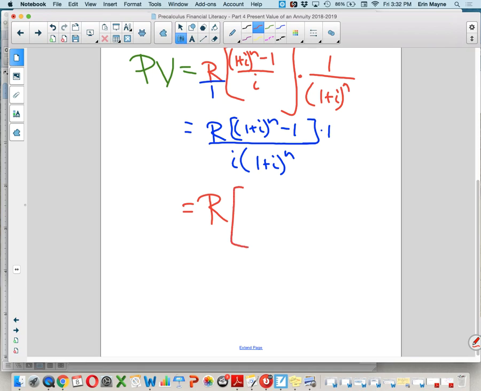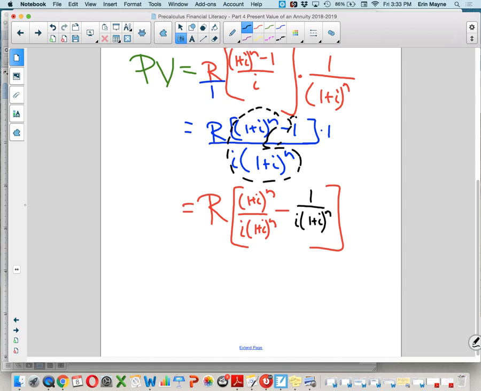then I can say, all right, you know what? This is actually 1 plus i to the n over my denominator minus 1 over i times 1 plus i to the n. In reality, again, I reference this as the butterfly effect. It goes here and here once I detach that r. And then items start to clean up. These can cancel. And what I'm left with is r times 1 over i